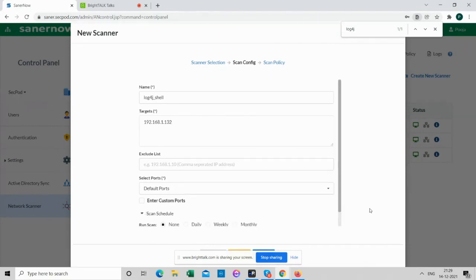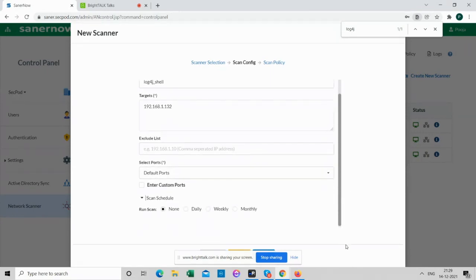Scan schedule, you can again come back and choose based on your preferences. There is already a name, it says it needs to be unique. I'm just creating.